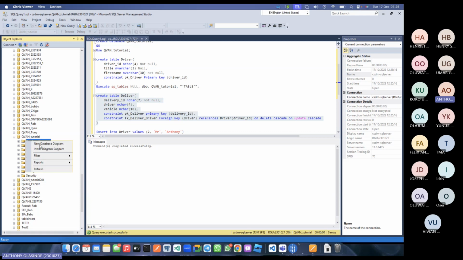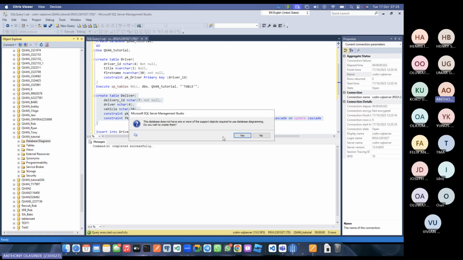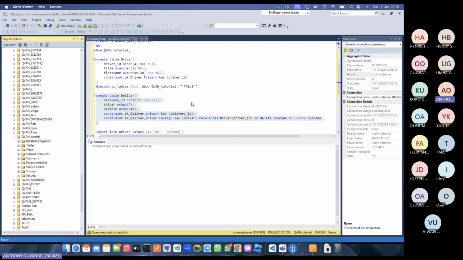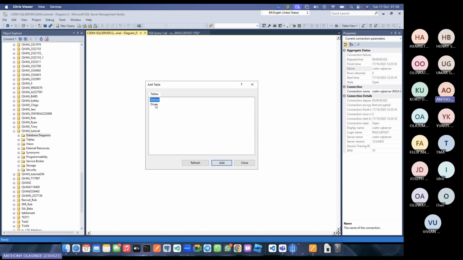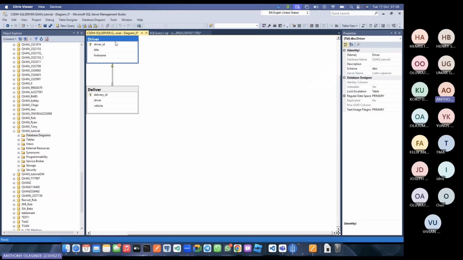So DB diagram, I'll say new diagram. Yes, I do. And give me everything, add. And you can see there's a connection between our driver and our delivery. You get? So that's the key coming from here and being used here on the